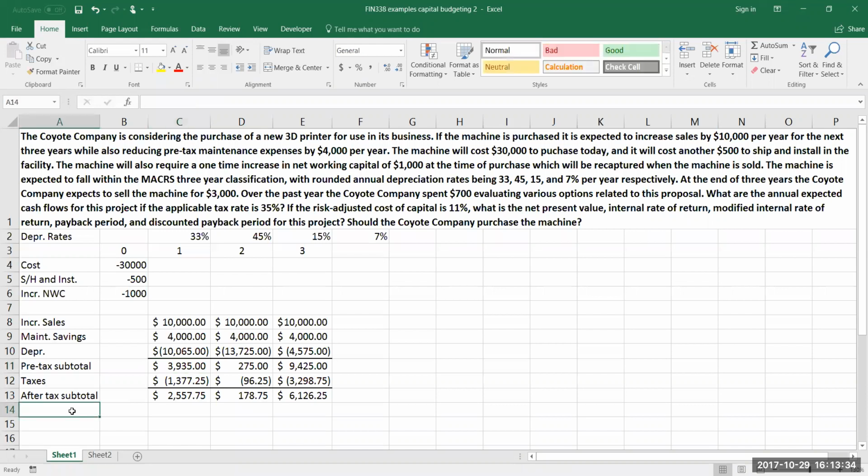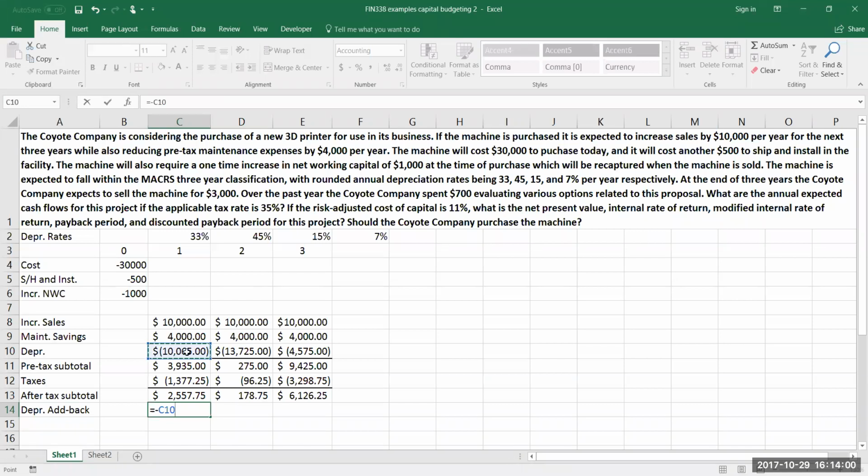Well, now what we have to do is correct for the depreciation adjustment we made. So specifically, up here, I deducted depreciation. But importantly, depreciation is a non-cash expense. So if it's a non-cash expense, the money hasn't actually gone anywhere. So I need to add it back in. The easy way to do that is just to do equals negative of this, assuming I have the depreciation expense showing as a negative up here. So if I do a negative of a negative, that's a positive, and I will just get the appropriate number here. And then I can drag that over. And that would get us to our